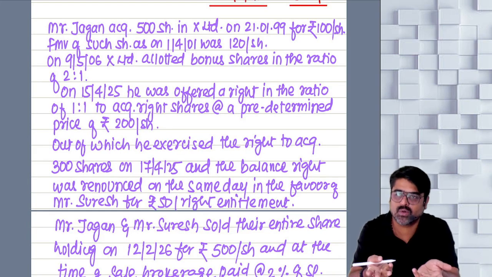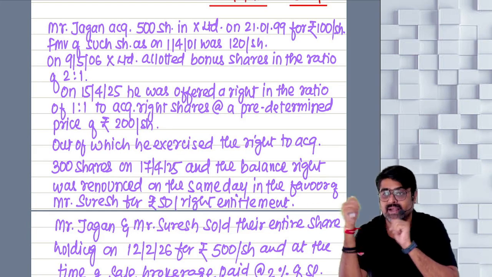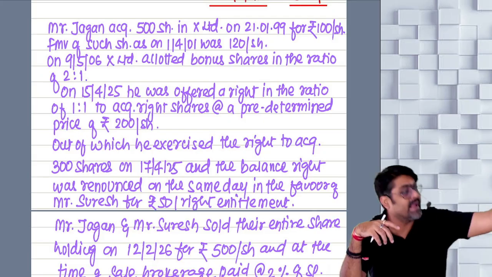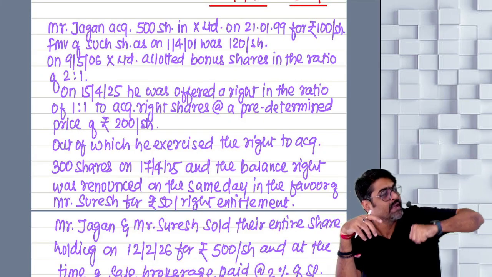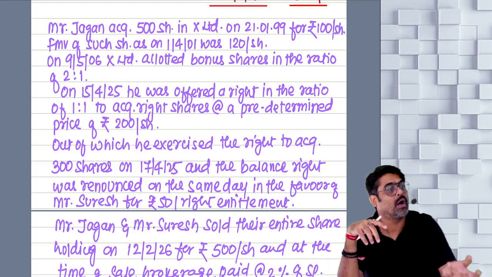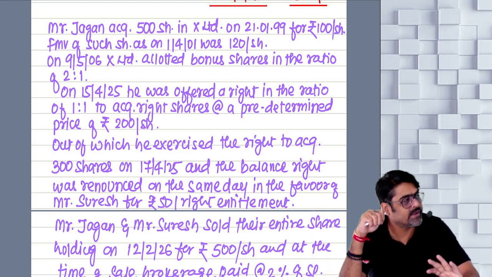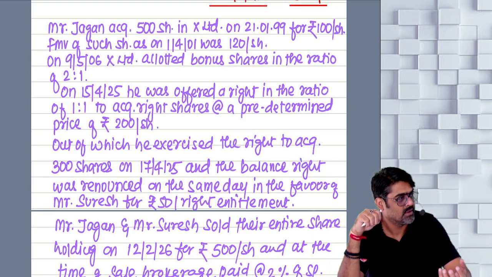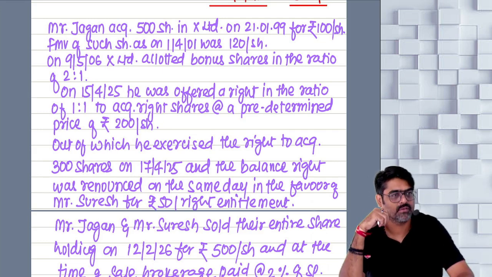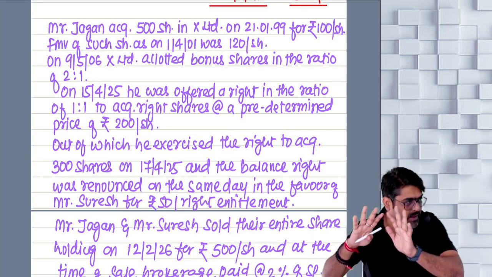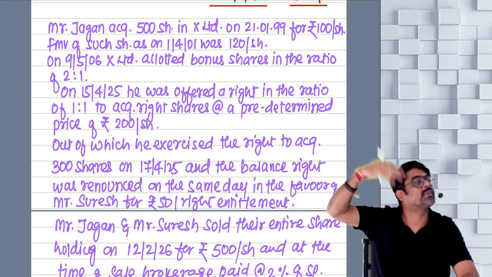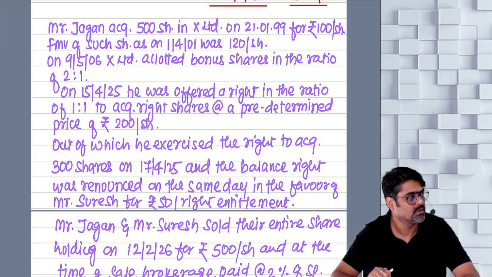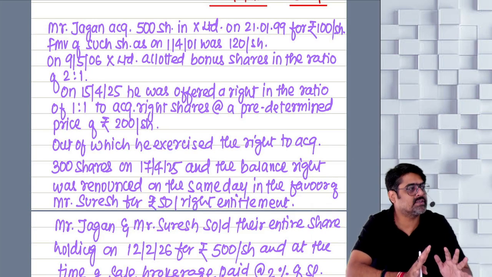Before issuing shares to outsiders and making outsiders shareholders of the company, existing shareholders should get the right to acquire the additional shares. Since they are shareholders from the beginning, they should be issued the shares at a certain discounted price. So if the market value of the shares is higher, at that value we are not going to offer you the right shares. You have a right to acquire these shares at this